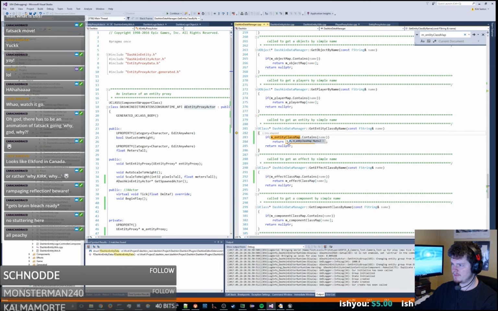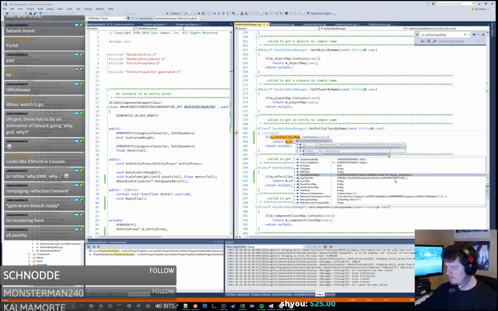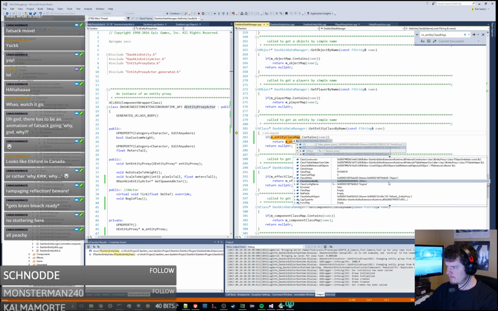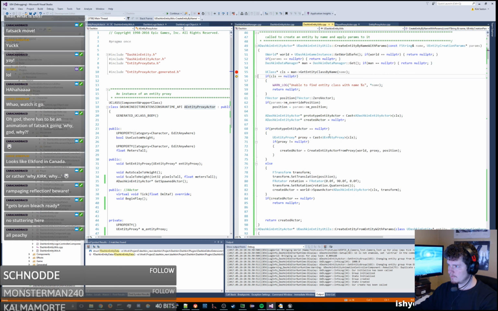The entity class map contains two things, a bitey player proxy and a fatsec proxy. The fatsec proxy contains this entity proxy, which has, well, it's a class. So what I need to do is I don't want to get the class by name. I need to get